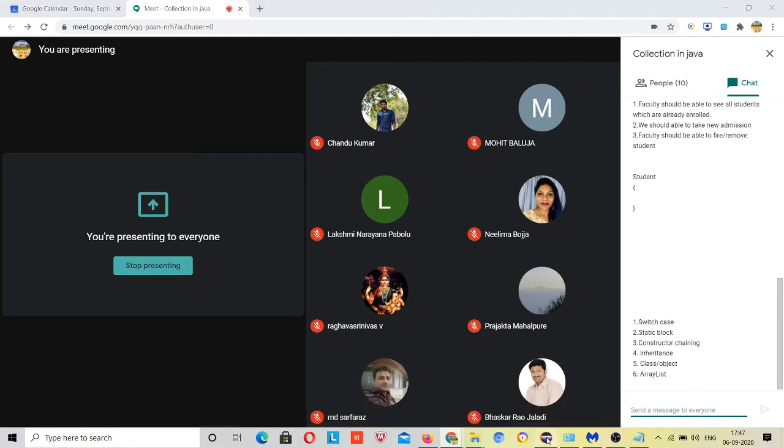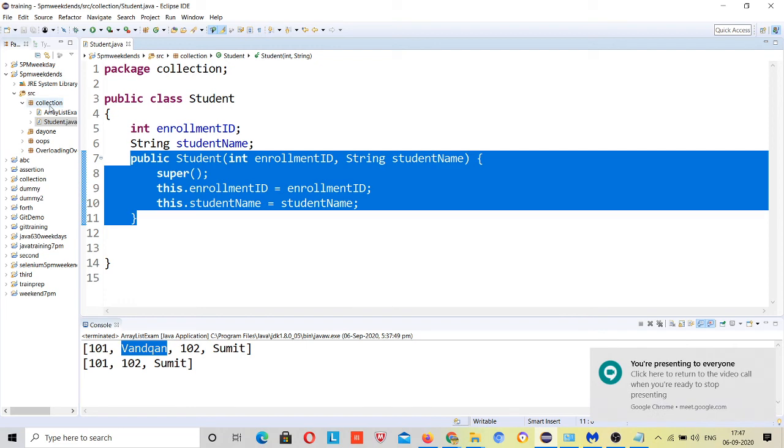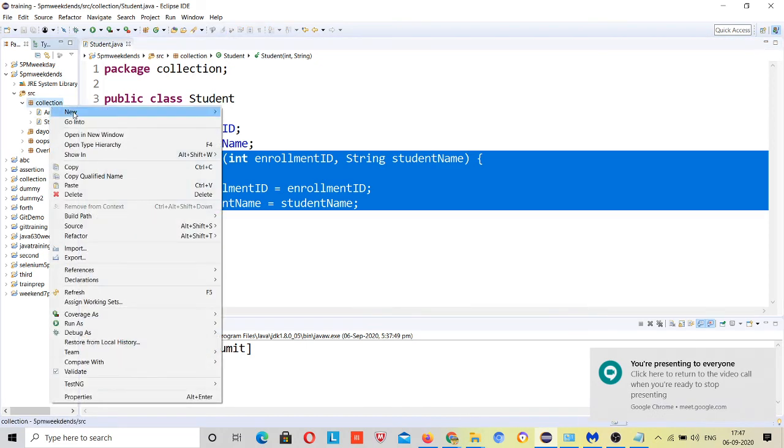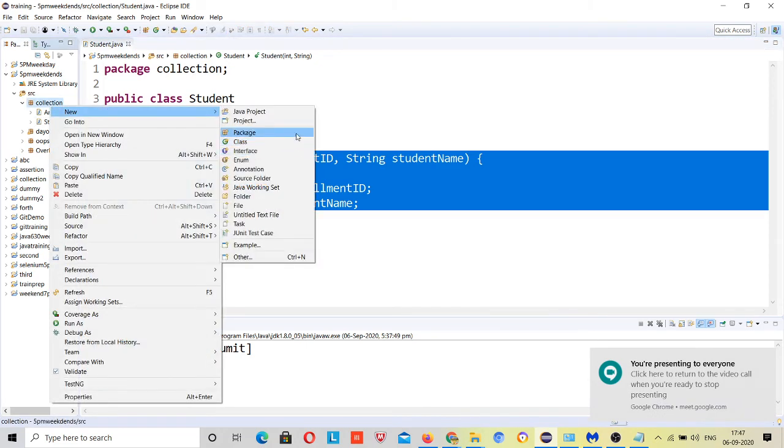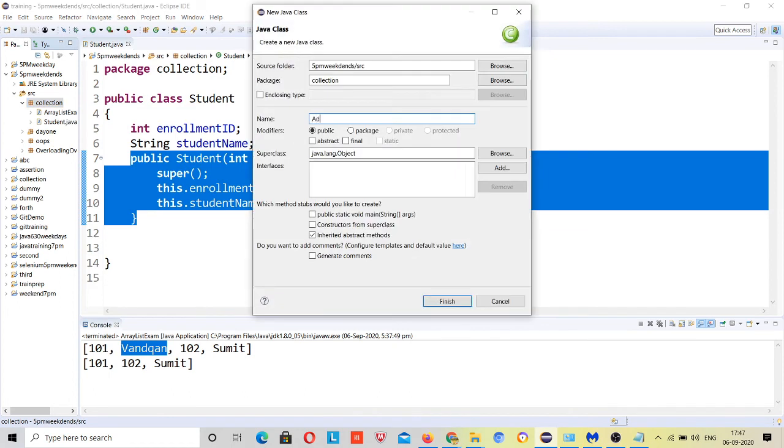So here I will create a new class, and this class is responsible for adding the students, right? Add students. So you can call it pre-students, or you can say students data. This is enough, this is good.